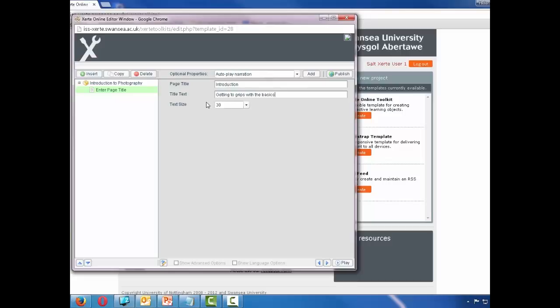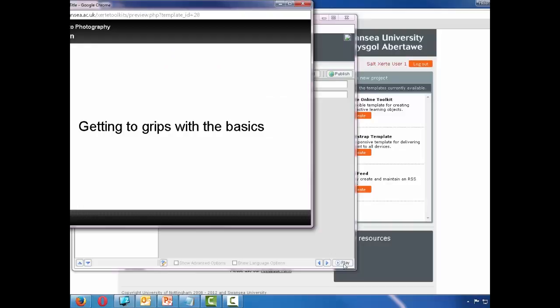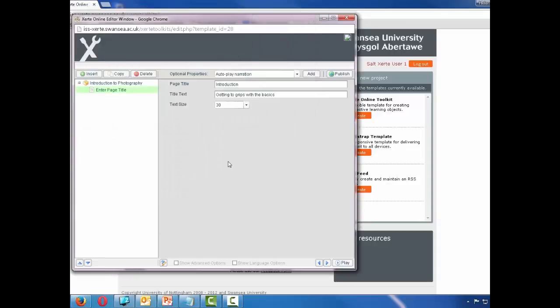If you want to see how this appears on screen once you've created it, towards the bottom left of this window, you've got a play option. Let's click play, or preview as it's sometimes called. So here now we've got the new preview. You've got your learning object title, you've got your page title, and you've got your title text. Okay, this is a preview, so I'm going to click to close this,